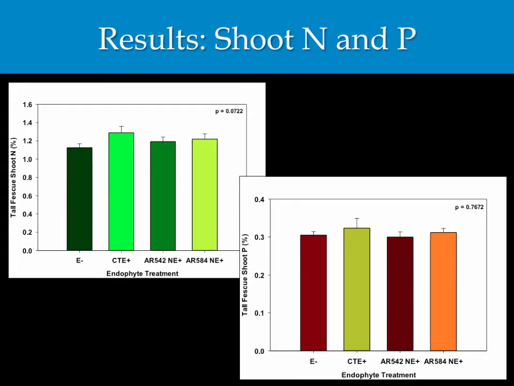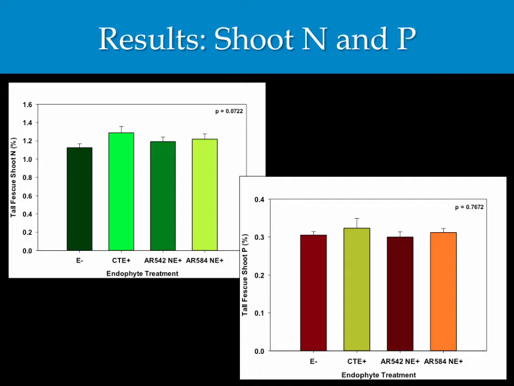These are my shoot nitrogen and phosphorus. So again, green tones, nitrogen, red tones, phosphorus as a percentage in the separated shoot material. There was no endophyte effect in this. There was a very weak trend here in the endophyte treatments for shoot nitrogen, and this was interesting because it was driven by this large effect, or by this difference between the endophyte-free samples and the common toxic endophyte-infected samples,